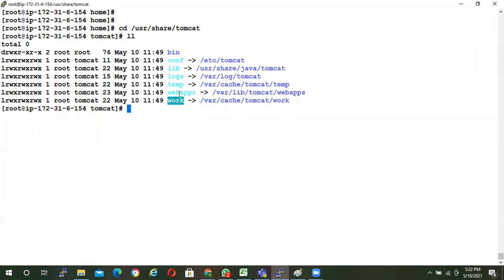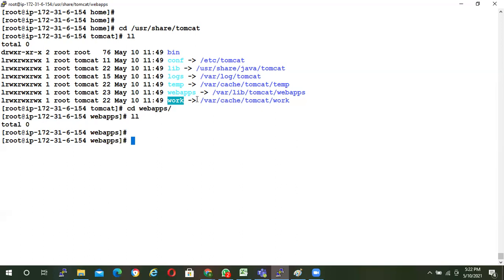So multiple applications you can deploy in this app server. For example, like ICICI, HDFC. I'm just giving you those banking examples because they are very popular. That's the reason. This work is a temporary cache of the app server. So let me first of all go to webapps, and see if there are any sample applications. I want to access it from outside. No, it's empty. This webapps folder doesn't have any